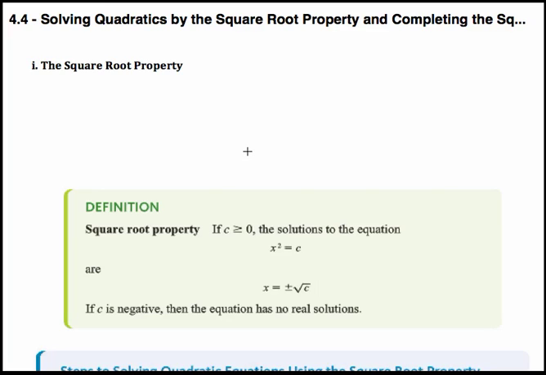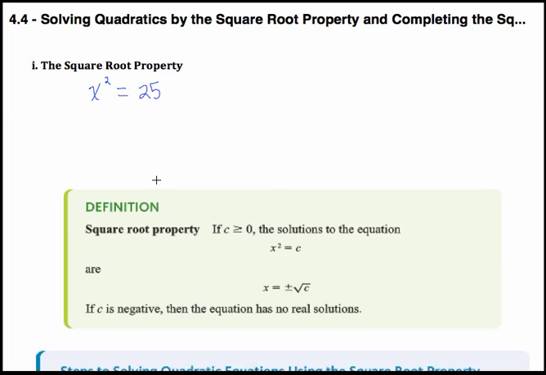Okay, in this section we're going to look at how to solve quadratic equations, first by using what's called the square root property and then by completing the square, which are related methods. So the square root property is this idea that if you have a number squared, such as x squared,